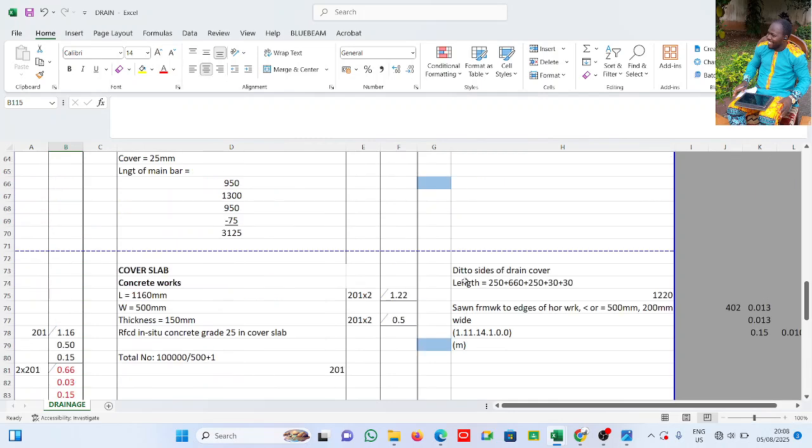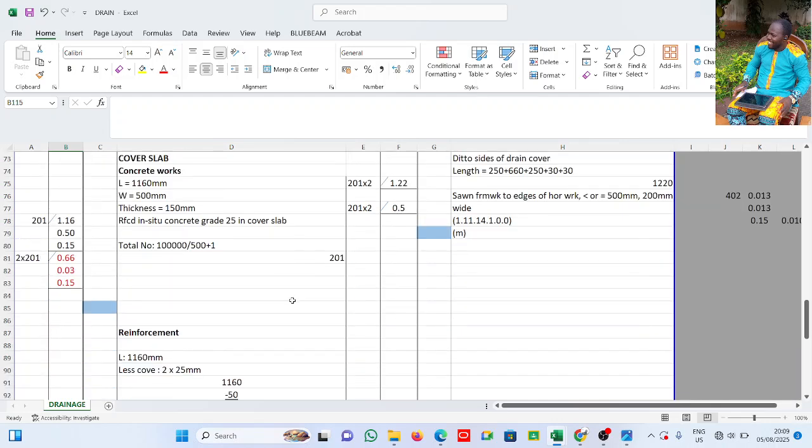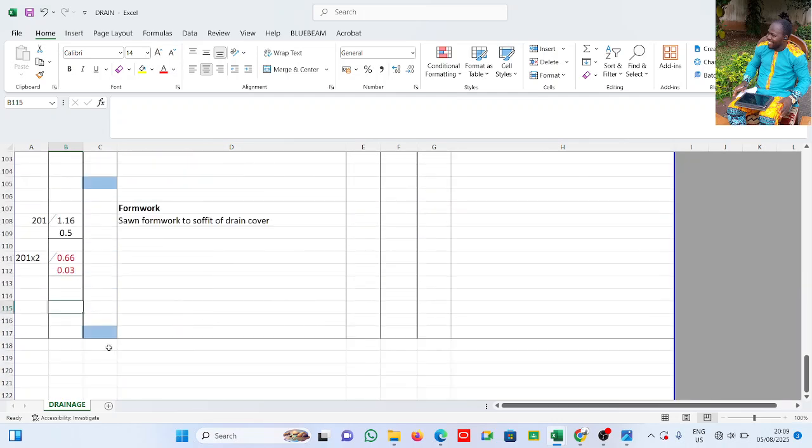All right, so this one is to the side. Now of course to the side, you see we have to take it together with the shape. All right, so that is basically what you see, plus 30 here, took it together with the shape. So this is basically how you measure